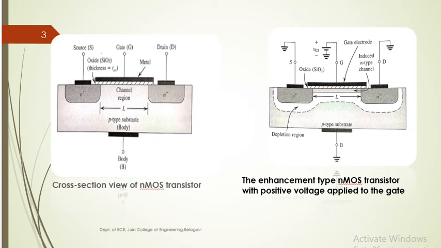So in this representation, when drain and source terminals are connected to ground, gate voltage VGS is applied. When VGS becomes more than threshold value, the channel is created in case of depletion type MOSFET. In case of enhancement type MOSFET, for small values of VGS, the channel will be formed. So it depends entirely on the threshold value, or whether it is depletion type or enhancement type.